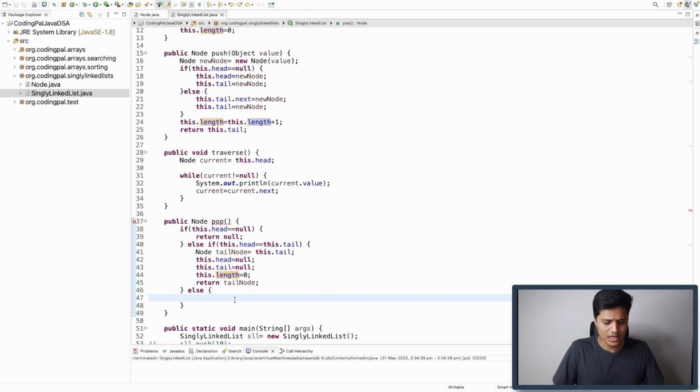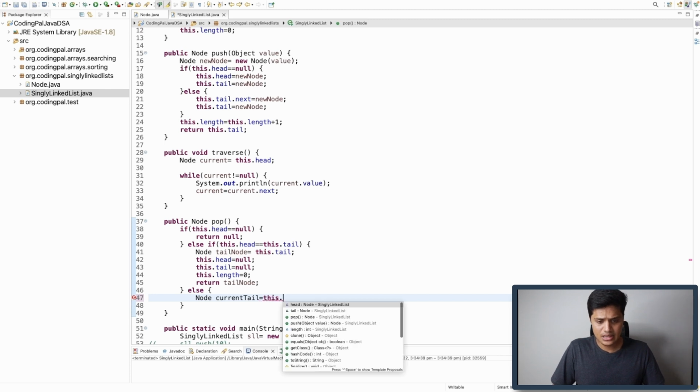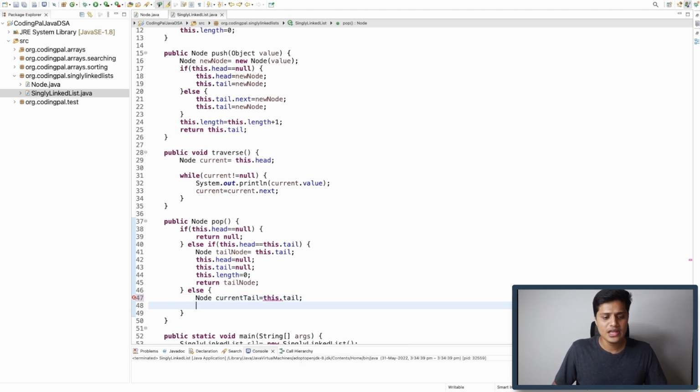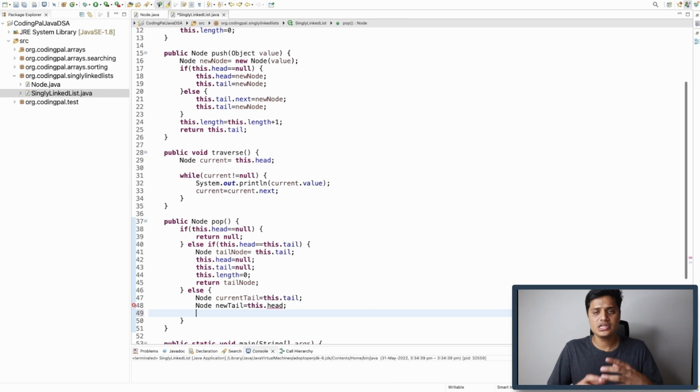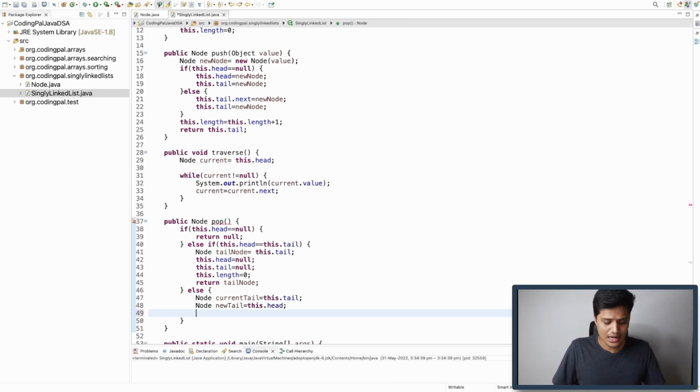So to do that, I'll simply take node currentTail, which can be accessed from this.tail. Now I'll also define another variable called node newTail. In the beginning, I will assign it to the head node. In the iterative operations we need to go to the last but one node, right? So now we will write that logic, while